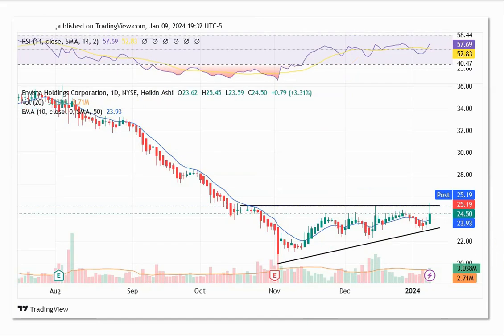Next one, Envista Holdings Corporation, NVST. Somewhat of a similar pattern. We've got an upward triangle with resistance here at around $25. It has found some support on the upward sloping trend line here. The stock is above the 10-day exponential moving average and just a hair below the resistance level that goes back